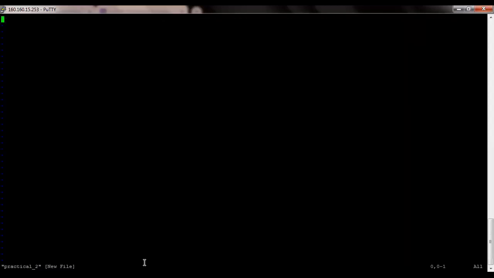Here I can view nothing. For example, with the help of vi space file name. We'll see once again. See here, when I press i, it will show me insert mode.